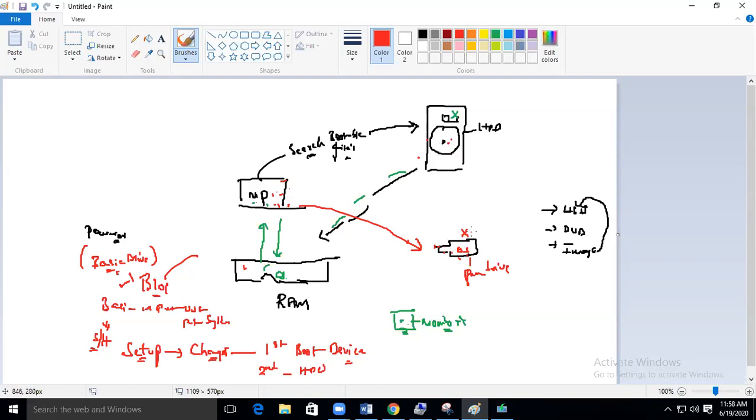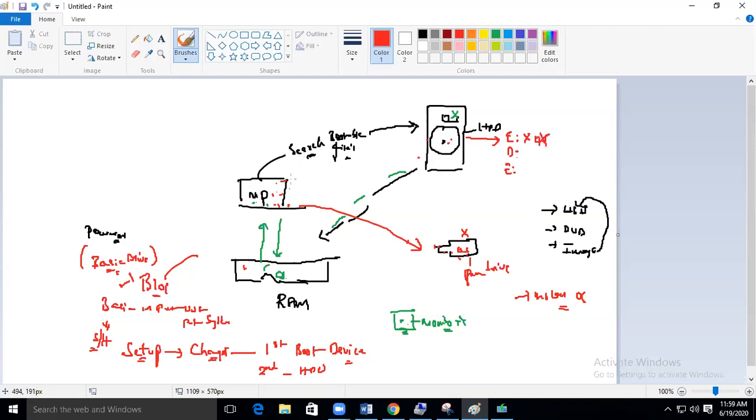You do this process only when you want to install your operating system. Are you getting my point? So already I have an operating system. Now in the operating system, in yesterday's class we discussed, I have a C drive, a D drive, and an E drive. What you will do, you'll boot your computer with USB. The USB contains the operating system, and you'll delete this C drive. Whenever you delete this C drive, what will happen? The OS in this C drive will go.